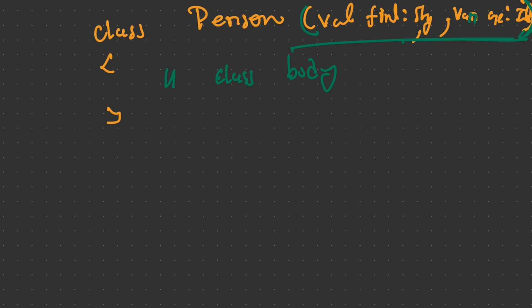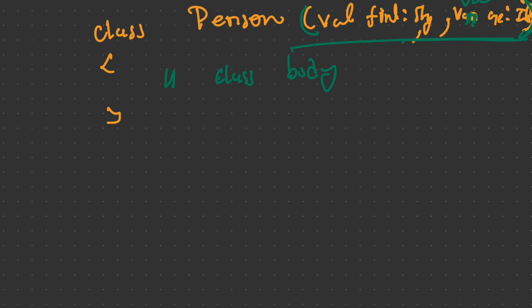Yeah, if you want this also to be not changeable later in the project, then again use the val keyword. That will make it a read-only property. With the help of var, you can change the value again later in